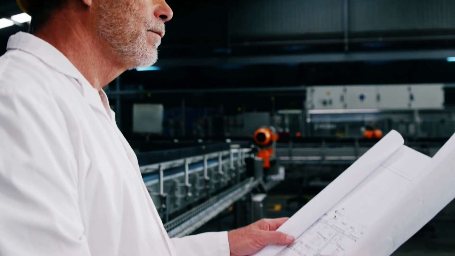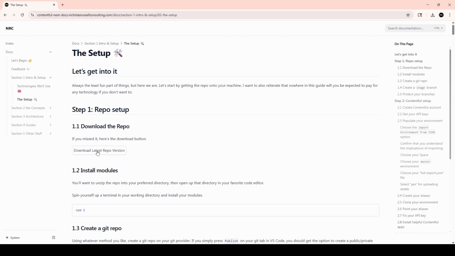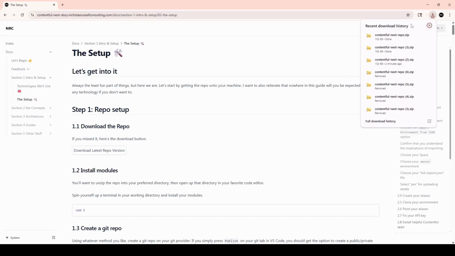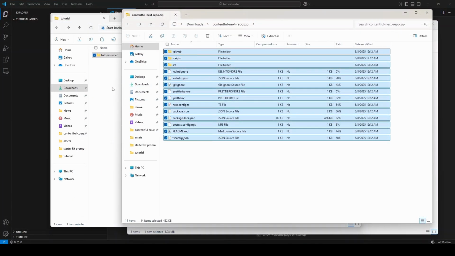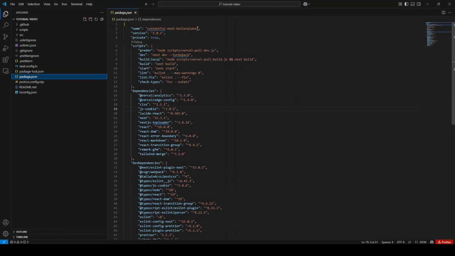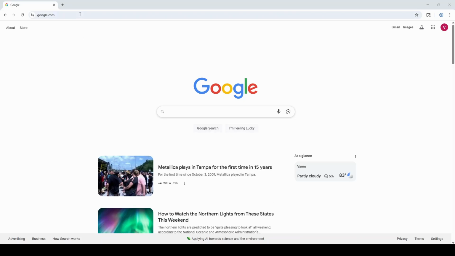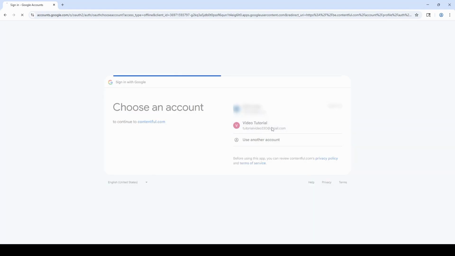I'm going to assume you're starting completely from scratch. The first thing we're going to do is go to the product's documentation app and click this download repo button, which is going to download the latest version of the code. We're going to unzip that code, drop it somewhere we like, and open it up in an editor of our choice. Then we're going to change the name in the package.json to a name we like and push it up to GitHub. Before we do anything else with the code, we're going to head over to Contentful and make an